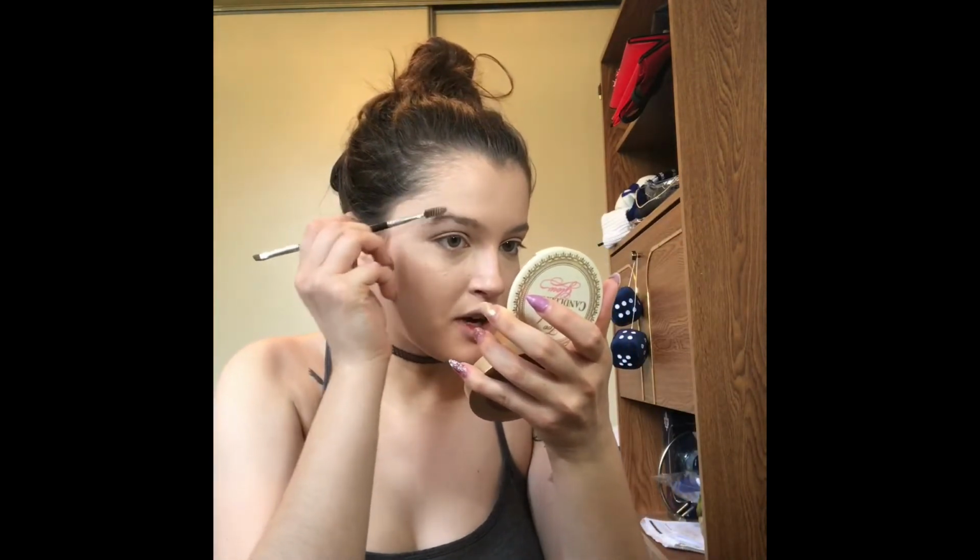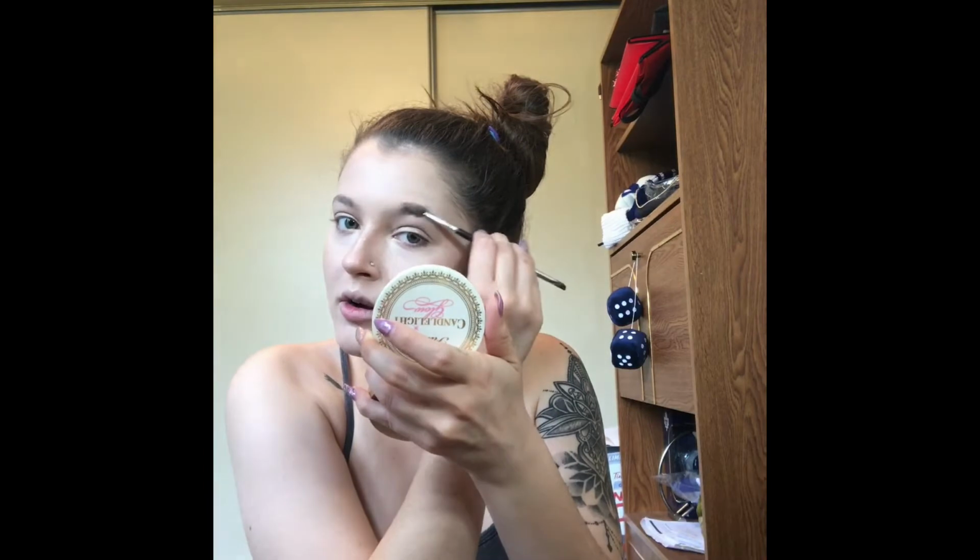So, first things first with your eyebrows, you're gonna brush them. And I always find that using a smaller mirror that you can hold closer to the face tends to work the best for me. Anyways, I don't know about other people, but